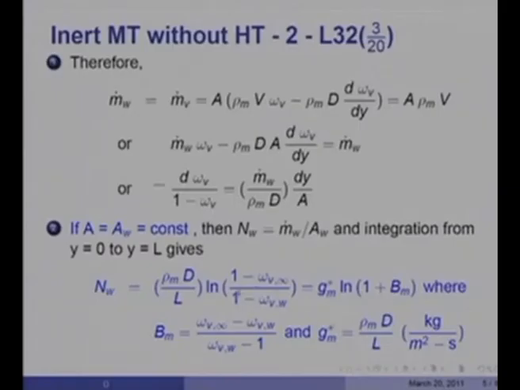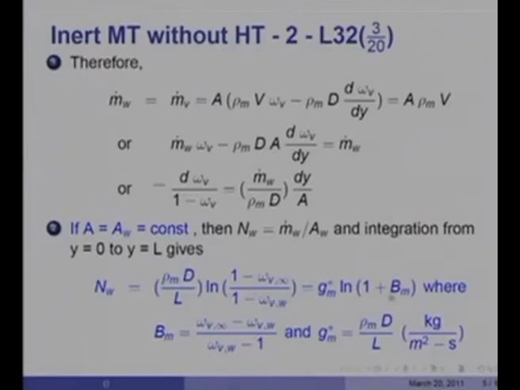This bracket, 1 minus omega v infinity into 1 minus omega v w, can also be written as omega v infinity minus omega v w over omega v w minus 1, and g m star would be rho m d by L. It has the same units as the mass flux N w, and this is a constant,